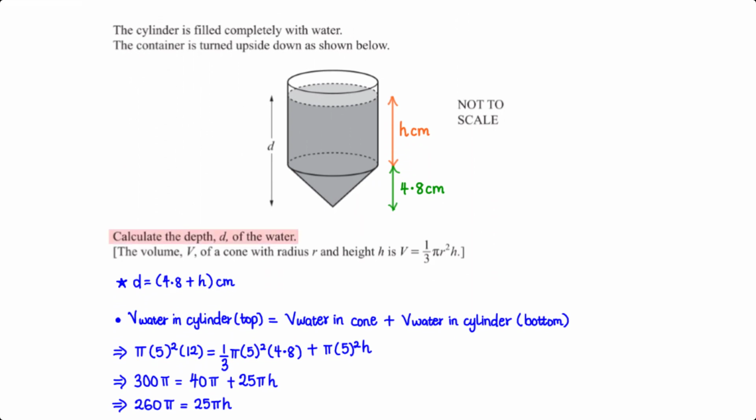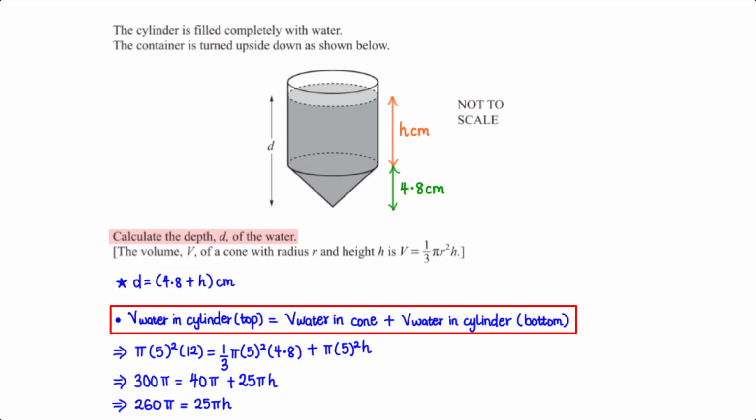We've been given the formula for the volume of a cone to be 1 over 3 pi r squared h. From the diagram, we see that d equals 4.8 plus h. So now we need to find the value of h. We see that the volume of water in the cylinder shown at the top is equal to the volume of water in the cone and cylinder